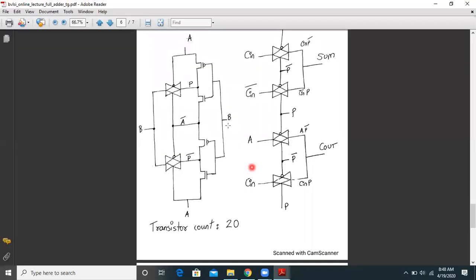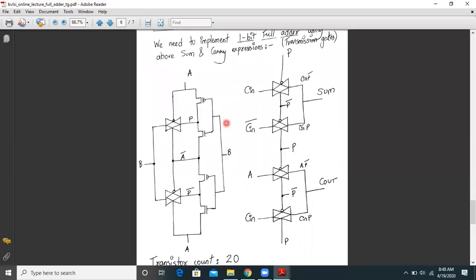So the circuit over here which you see is nothing but your 1-bit full adder using transmission gates. Let us now check the transistor count over here. Here we have around 5 transmission gates, so total 10 transistors. You can see 4 transistors over here.